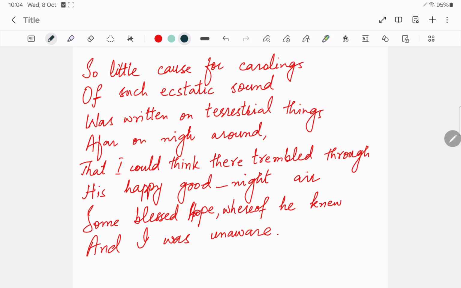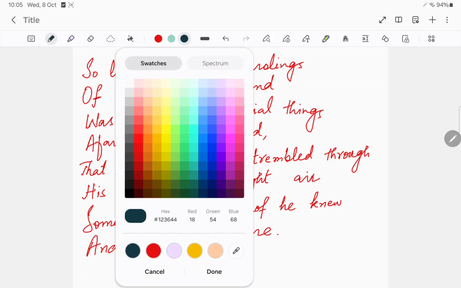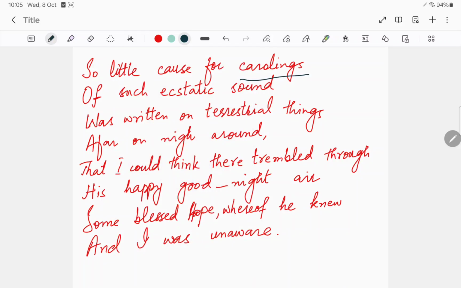All right, dear students, we have come to the fourth and last stanza of it, and it says, "So little cause for carolings of such ecstatic sound." Well, the poet actually is amazed at this caroling and ecstatic sound. Actually, the poet reflects that obviously there is no visible reason. Actually, the poet is not very hopeful, and he believes that for such joyful singing he cannot find a good